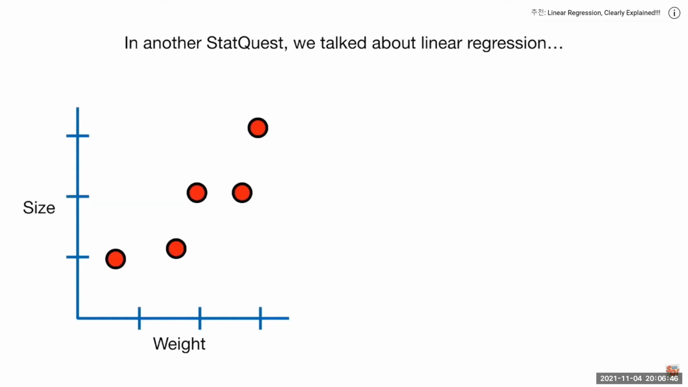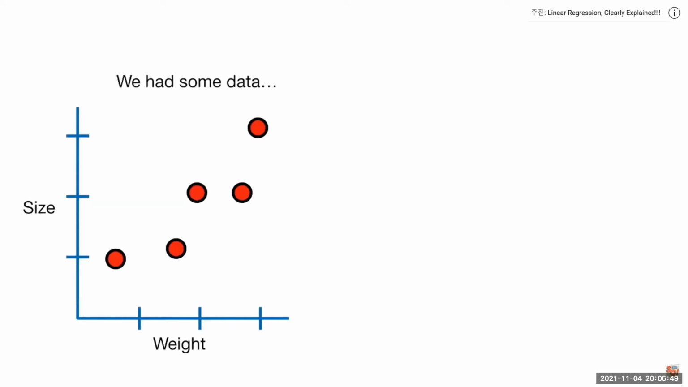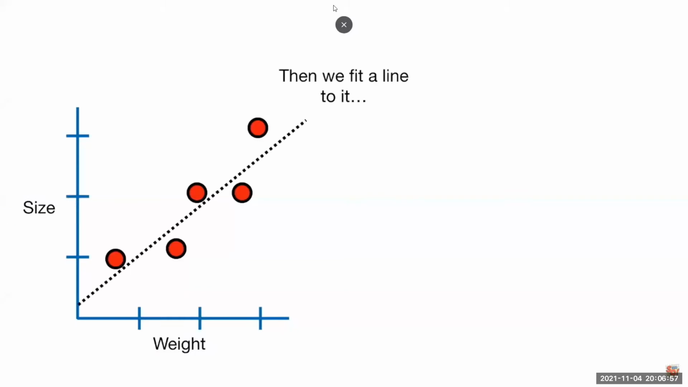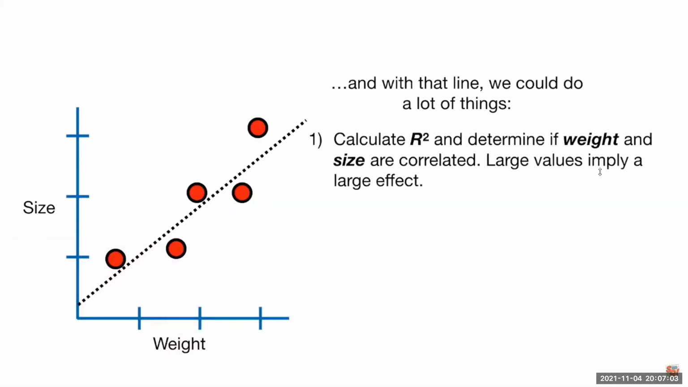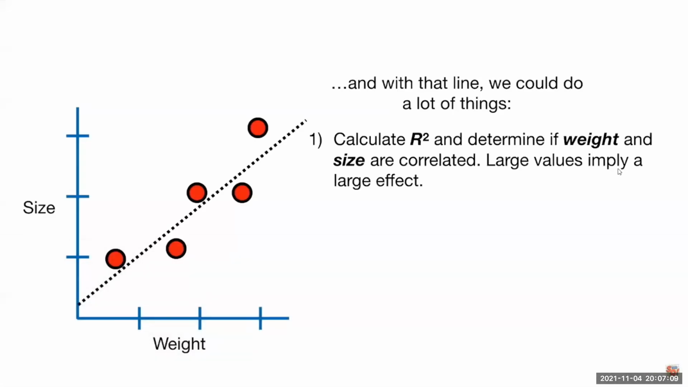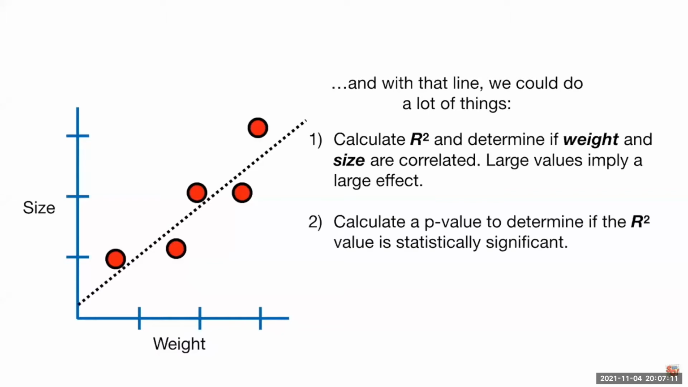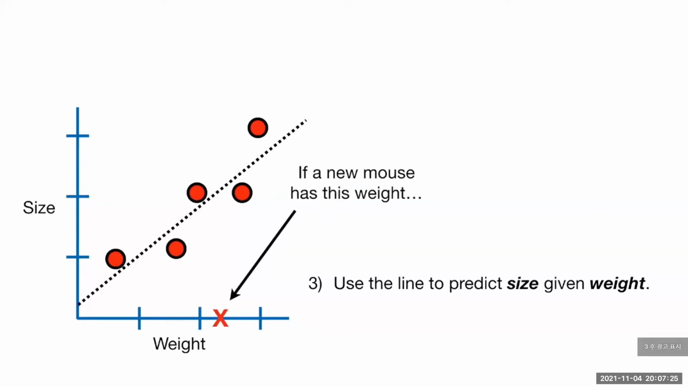In another StatQuest, we talked about linear regression. We had some data, weight and size. Then we fit a line to it. And with that line, we could do a lot of things. First, we could calculate R squared and determine if weight and size are correlated. Large values imply a large effect. And second, calculate a p-value to determine if the R squared value is statistically significant. And third, we could use the line to predict size given weight. If a new mouse has this weight,